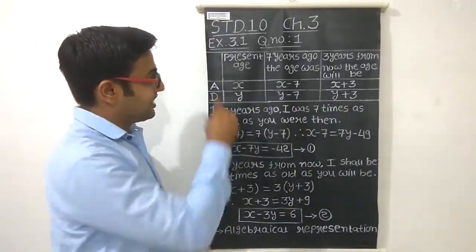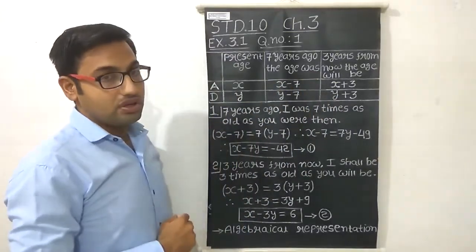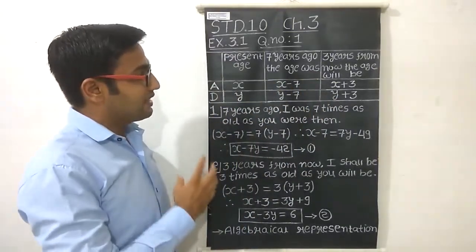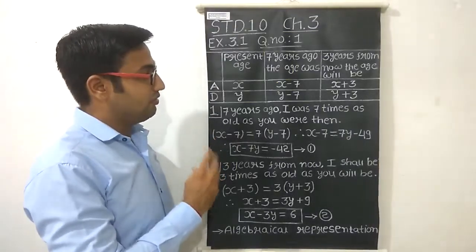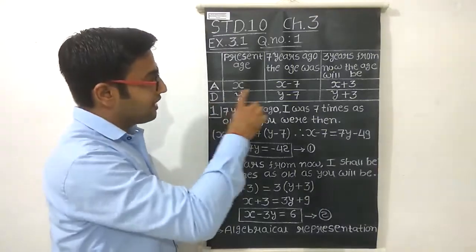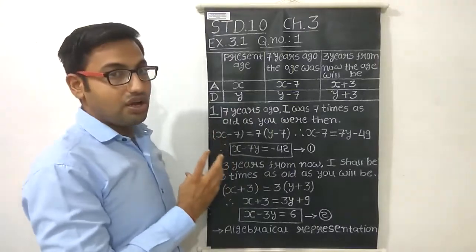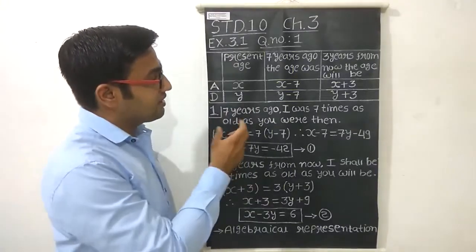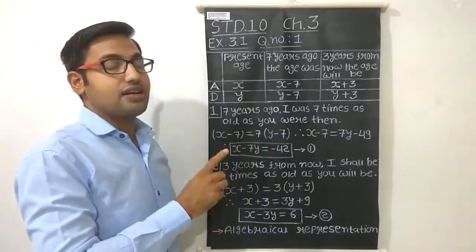So this table is very important to solve this type of question, mostly the age problems. Remember this table and try to make this type of table